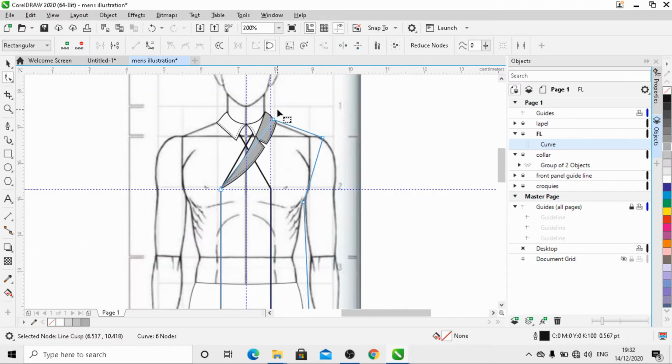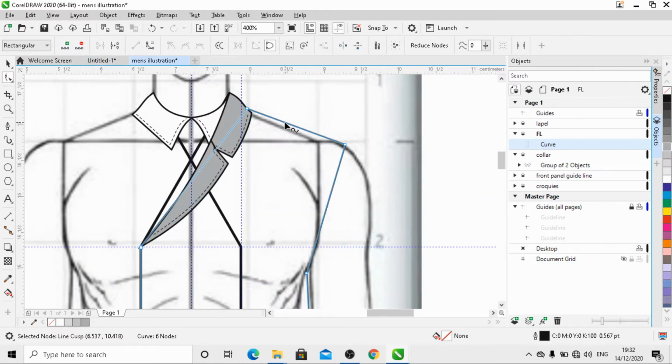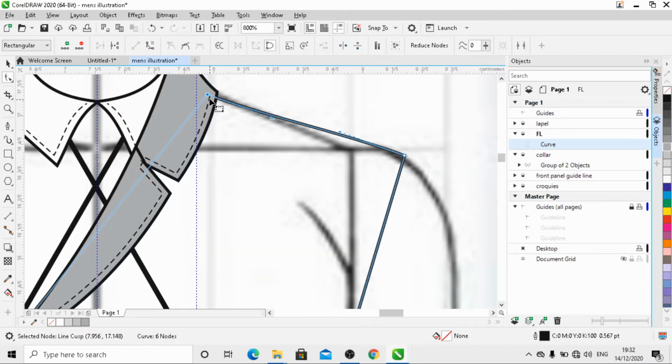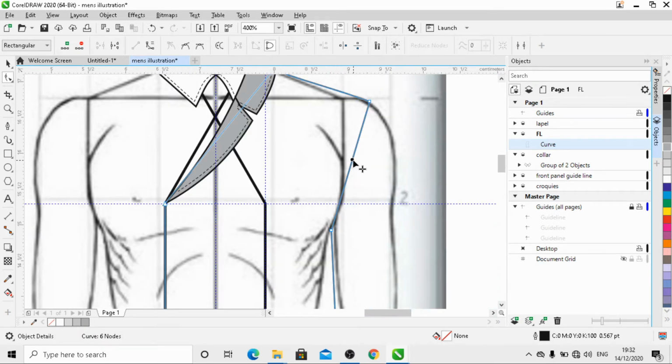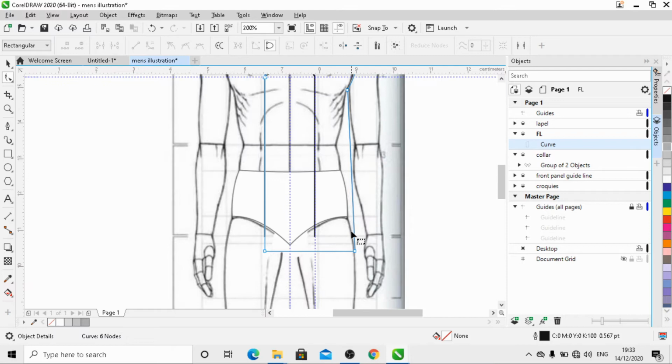After that, what we have to do, we have to left click to this position, convert to curve, and then we have to reposition it over here. Okay, now we have to left click here and convert to curve. Again, left click, drag and drop it here. Again, we have to left click over here, convert to curve, and we have to reposition. We have to reshape this line,